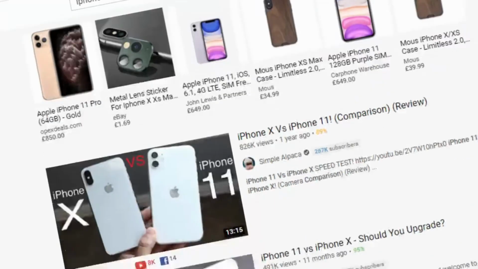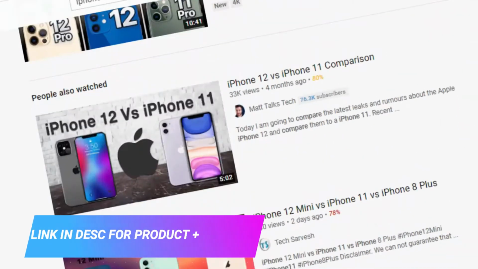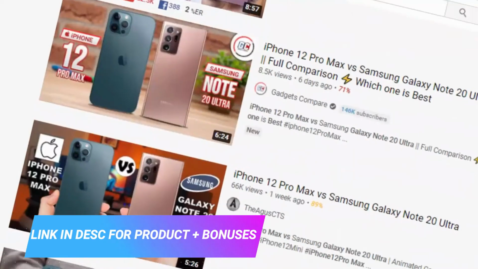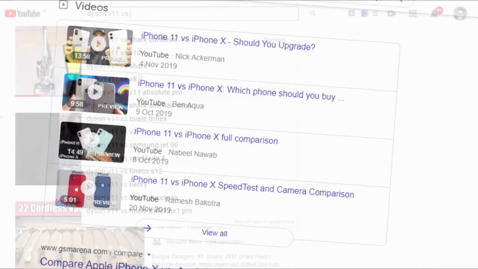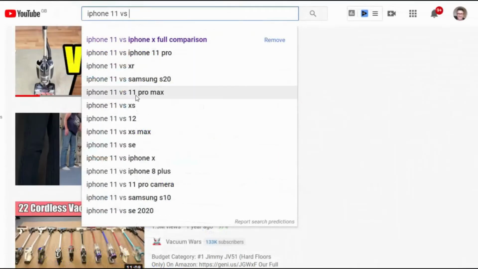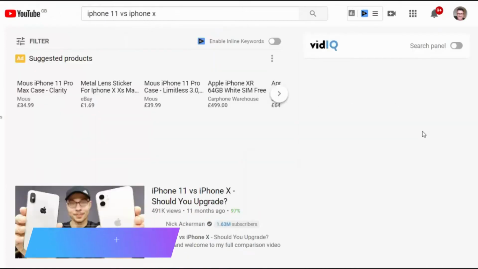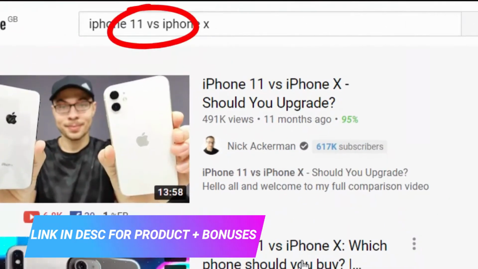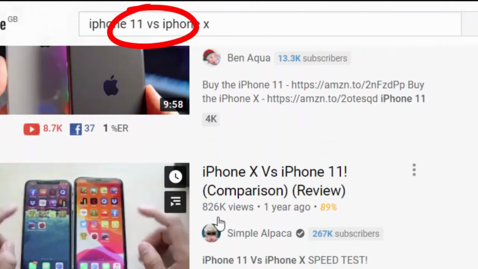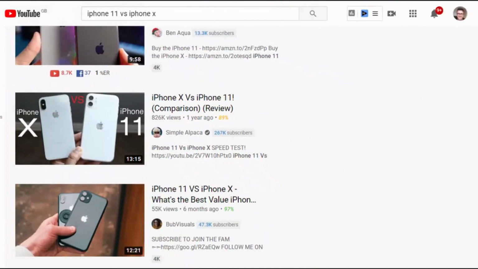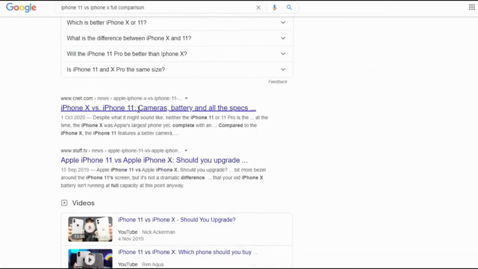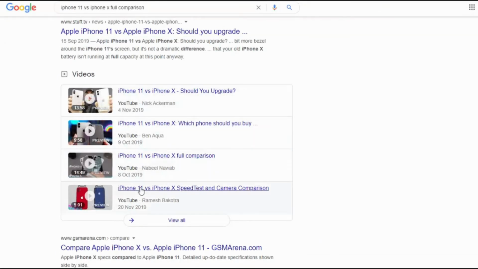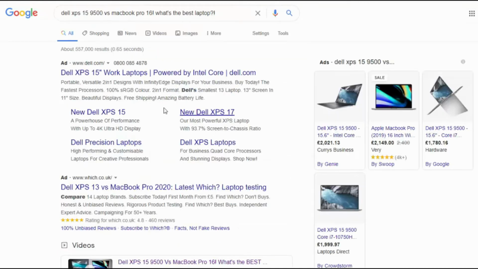Now, just to prove a point, I want to show you YouTube and Google because Flick uses both. Now you can see here a ton of product comparison videos. You can go and check these yourself. If you're interested in a product, say iPhone for example, you put iPhone 11, 12, whatever, and then see what comes up. There's a ton of videos for pretty much anything you can dream up. It could be an iPhone, it could be a pair of shoes, it could be a coffee machine, it could be a light bulb. It doesn't really matter. There are comparison videos for pretty much everything.